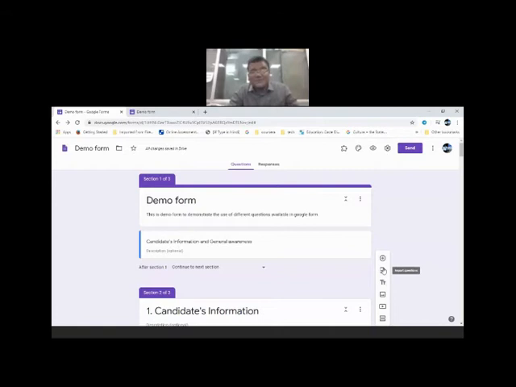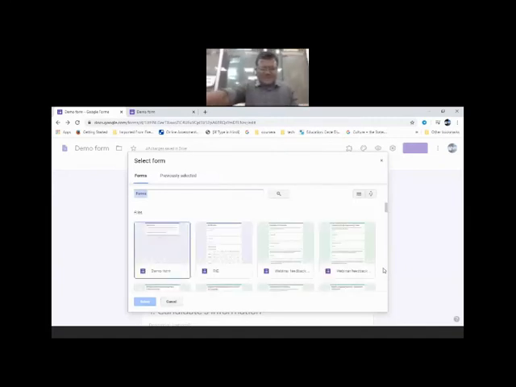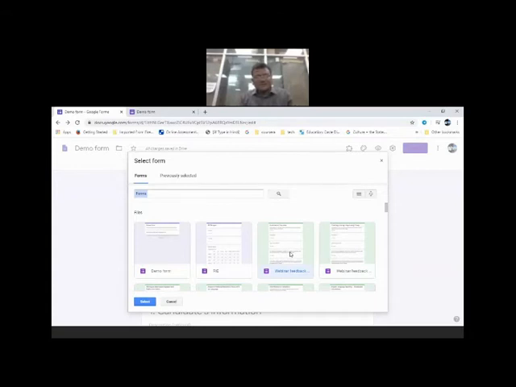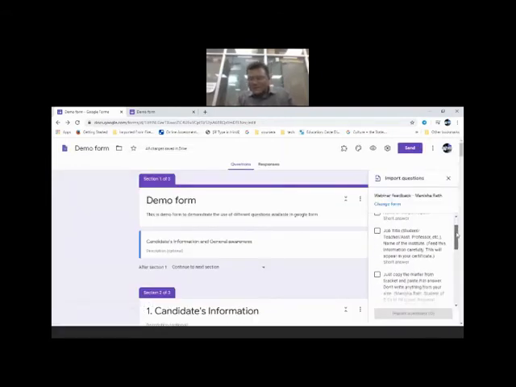Import question. Now let's see how this option works. It will show me all my forms which I have already created or used for some other purpose. Suppose I want a few questions to import from this webinar feedback form. So I will select it. Now all questions will appear at the right side.